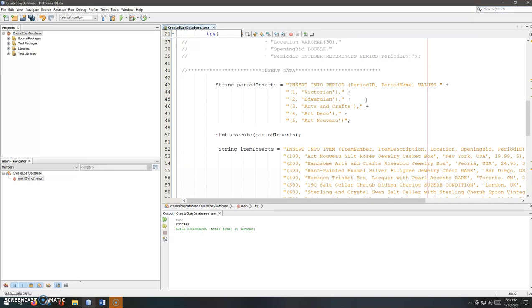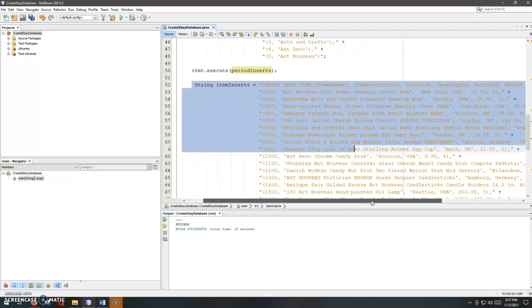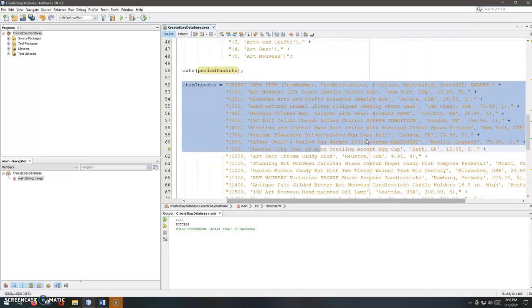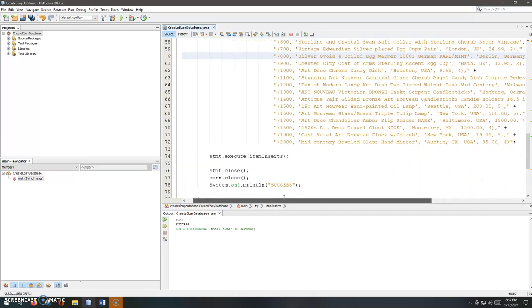I'm just inserting a bunch of records at once, and you can see what I'm doing. The period ID, the period name for each period. I'm putting it into a huge string called period inserts, and then I'm executing the period inserts. And then I do the same for the items. There's a lot more data here, obviously, but just a huge string with all that busy work,